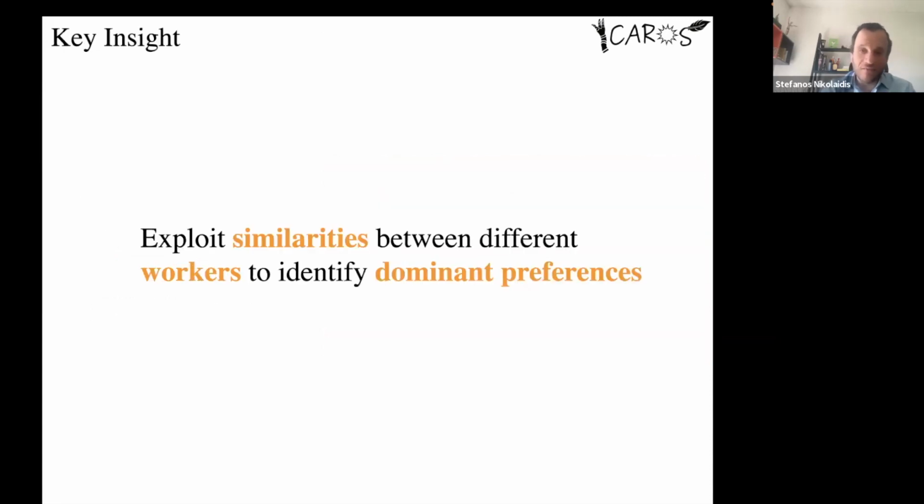And the key insight that, well, the first answer that we gave was to exploit similarities between different workers to identify dominant preferences. So even though every one of us is different and we have our own preferences and biases, people tend to optimize for similar things. And so the insight here was that